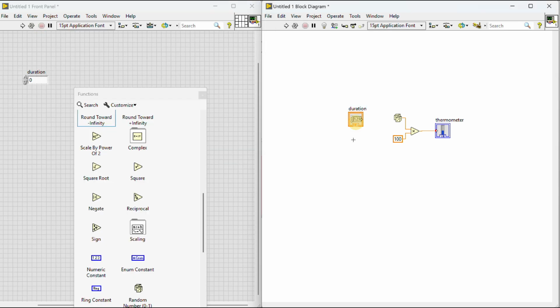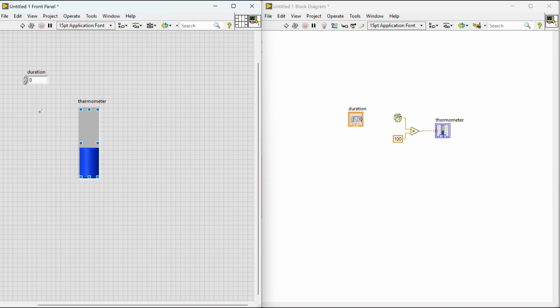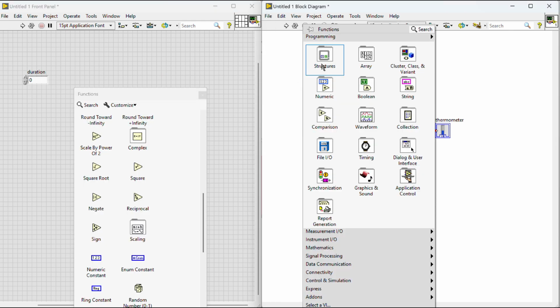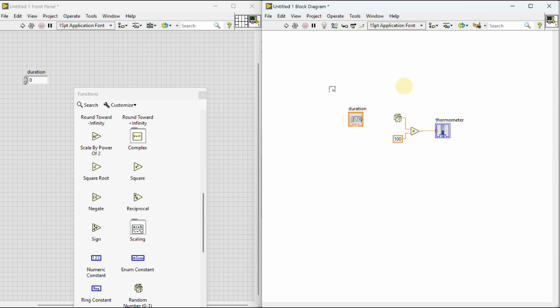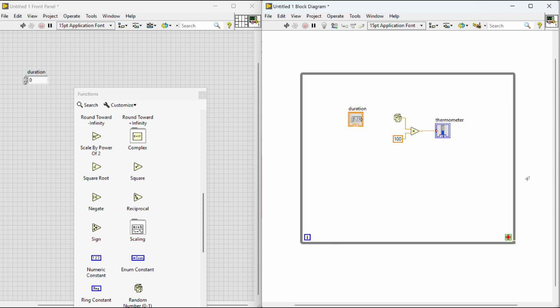But in order to make a program that records for a specific time, let's make a while loop and encompass everything here. Also, whenever this generates a value, we want to store it in memory temporarily, and after we exit this while loop, we want to store it into the file. So in order to do that,